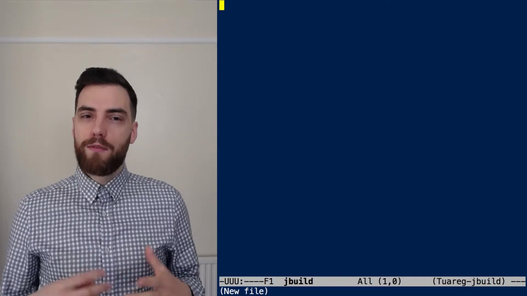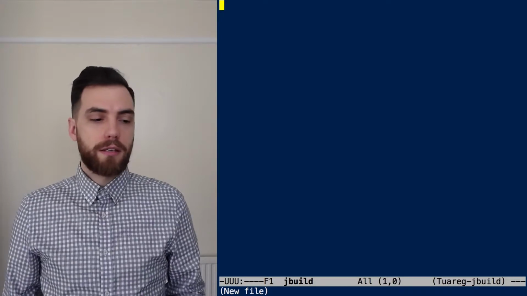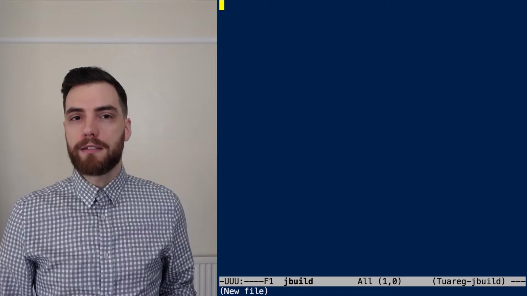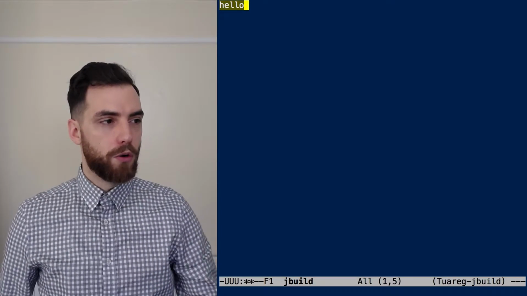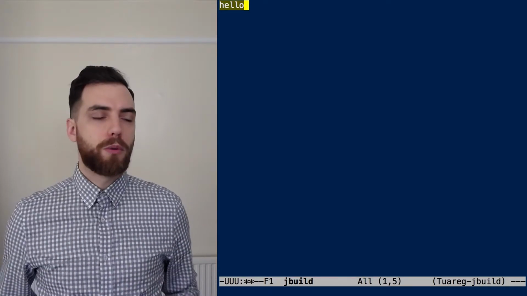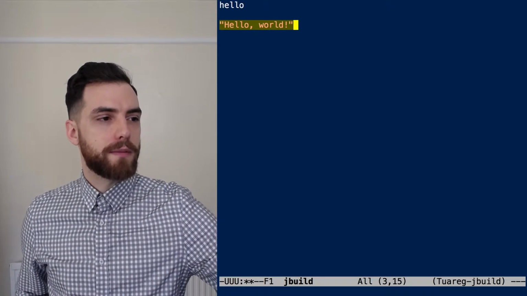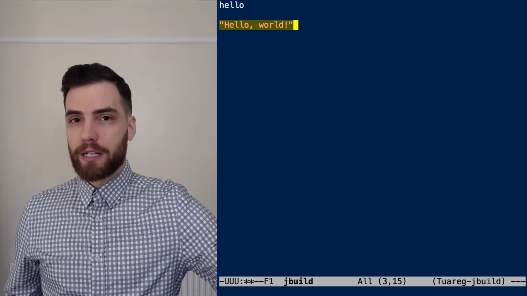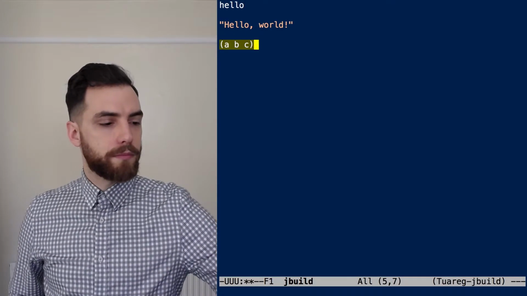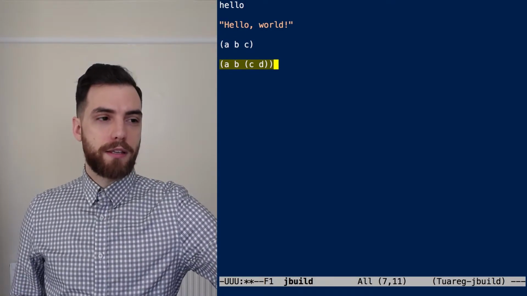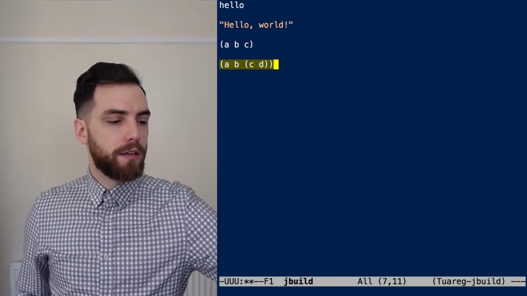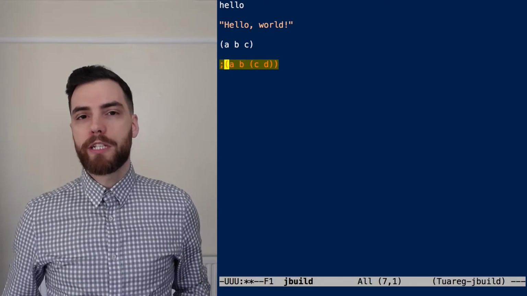S-expressions are very simple. Everything is either an atom or a list. Atoms are simply arbitrary strings, and when they are simple, you can simply write the characters that form this atom. For instance, hello. If you want to put spaces or other special characters, you will have to put double quotes around the atom. Like this. You can also write lists, simply by writing the elements separated by spaces between parentheses. You can of course nest your lists, and essentially S-expressions allow you to represent arbitrary data trees. Finally, if you want to write a comment, simply put a semicolon at the beginning of the line.